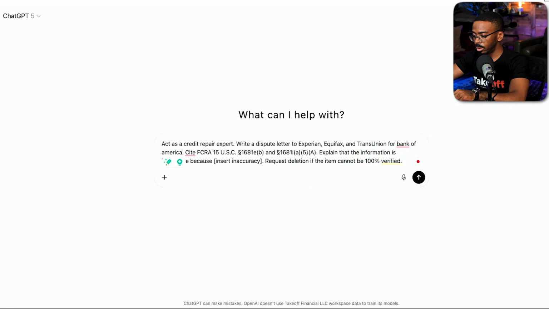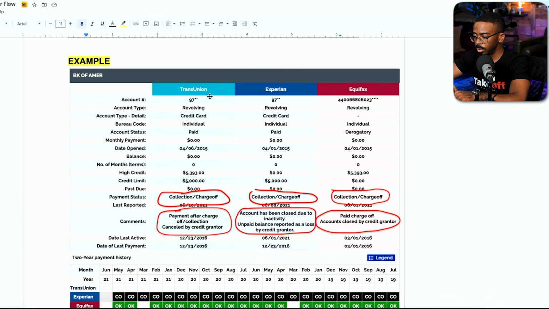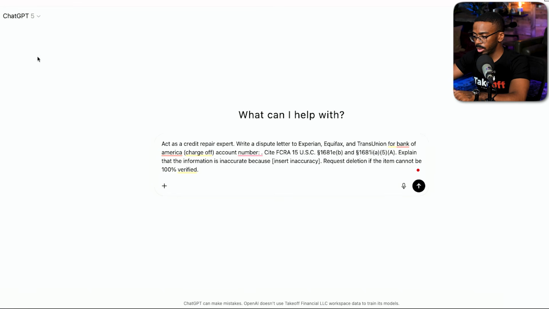So Bank of America charge off, right? Account number. What was it? Like 97 star, something like that. It's different across all three, but we use this one for the sake of the video. So it's shorter. So 97 star, right? And saying cite FCRA 15 USC 1681 EB and explain that the information is inaccurate because, and once again, there